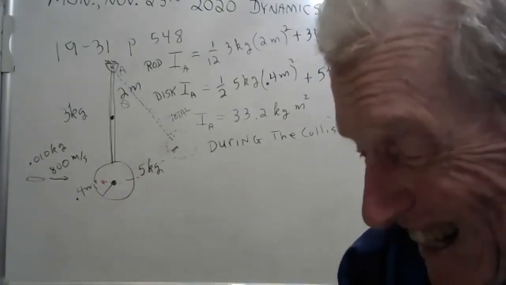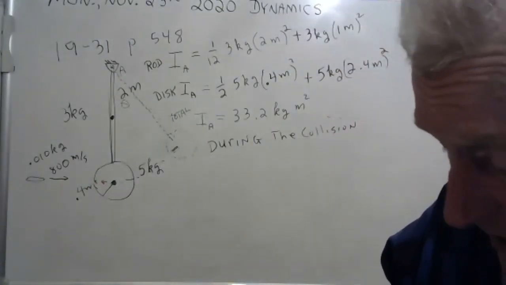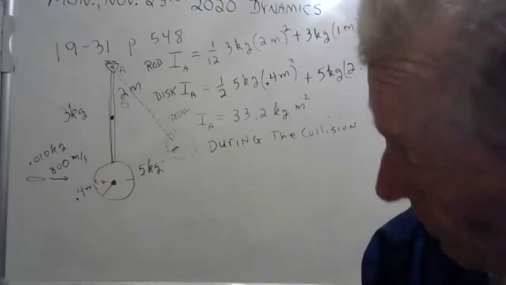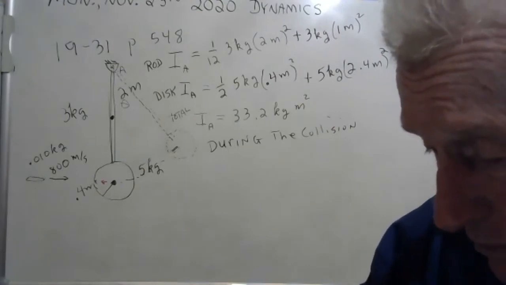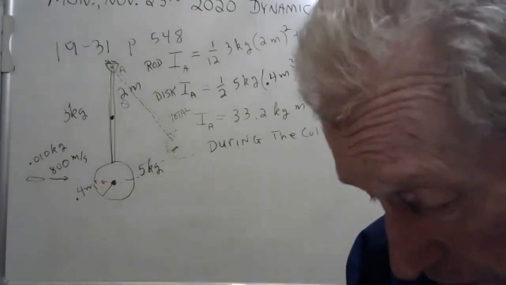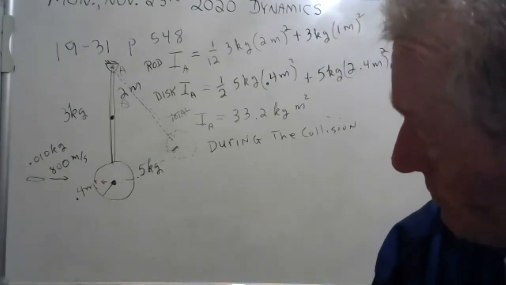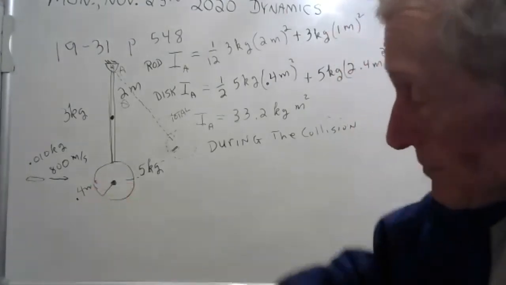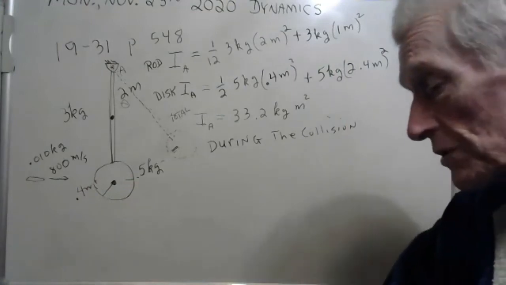But you know what? At any instant during that collision, and that collision takes place in a tiny fraction of a second, at any part of that collision, the forces will be equal because of Newton's third law. Newton says for every action, there's an equal and opposite reaction. So the forces will cancel out. And so what you have is